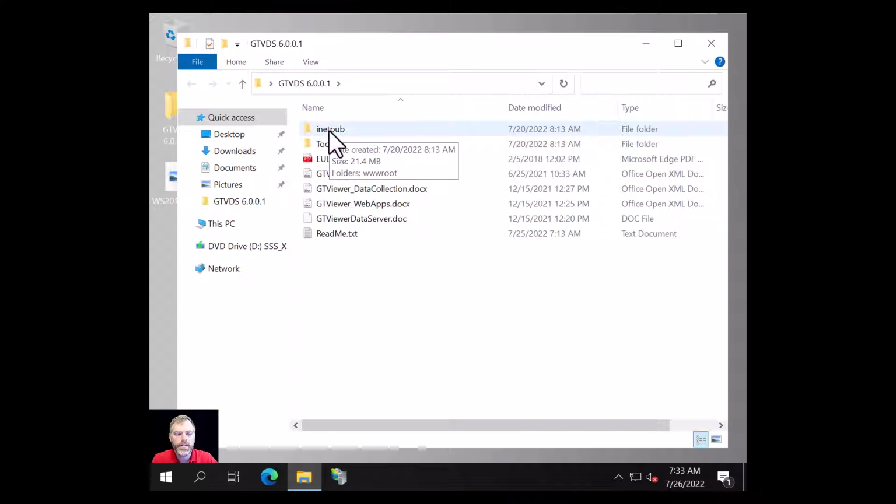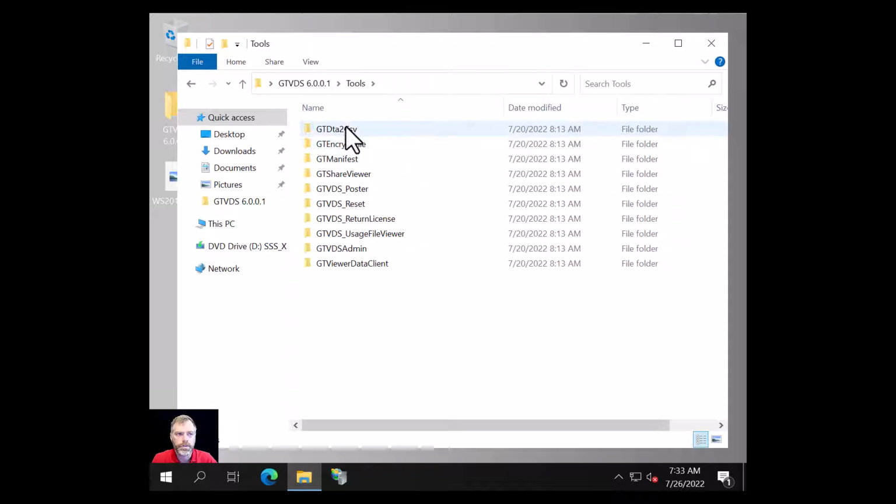The inetpub directory is a sort of mirror image of what IIS delivers or installs on your computer, and we're going to take the GTViewer ASP.NET app, or the GTViewer Data Server ASP.NET app, and copy that to our machine's IIS directory.